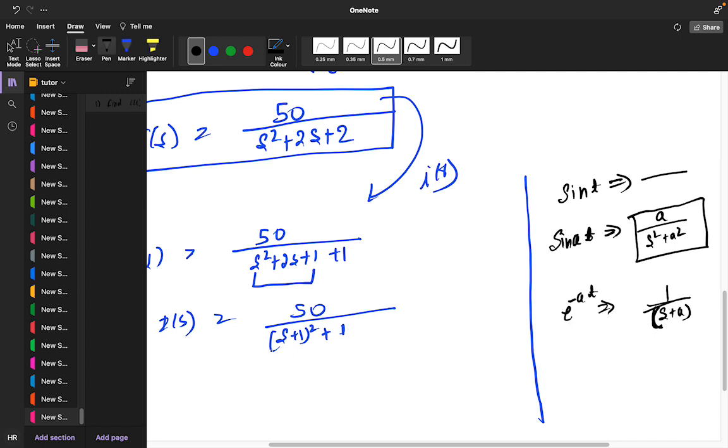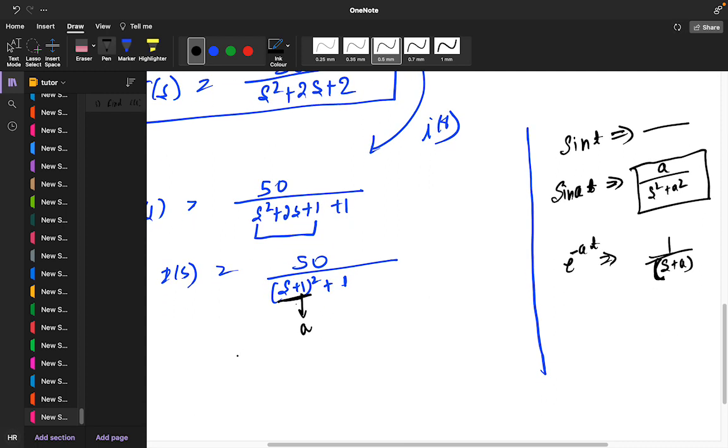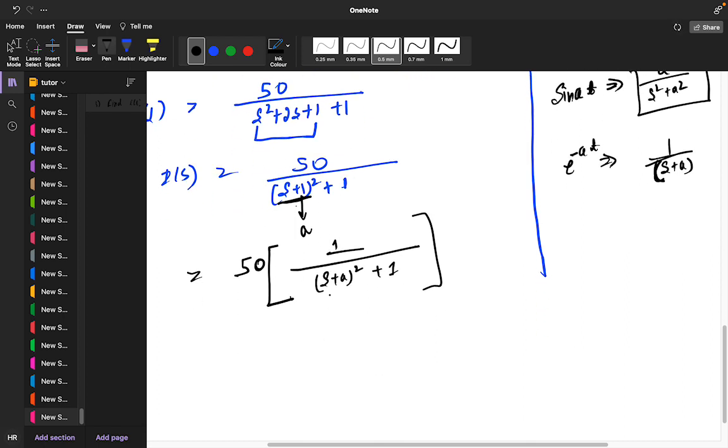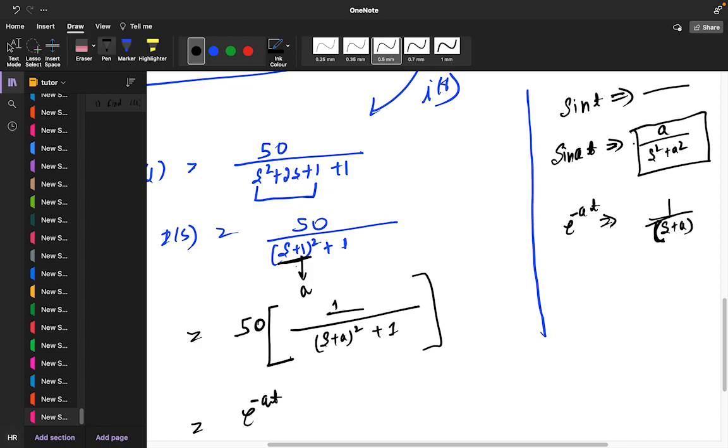Now you see, you are getting one delay. Here a is 1. I am taking 50 as common. You are getting 1 divided by s plus a the whole square plus 1. So this s plus a means you are getting e power minus at, and this a divided by s